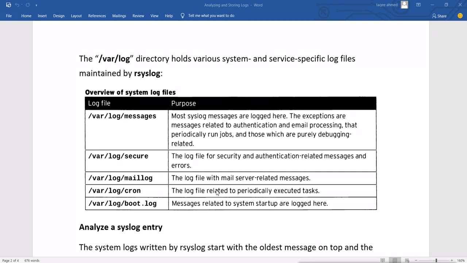That means whenever our system starts, it creates the log file here, and in this log file it stores the events. All the events that happen when we boot the system: what services are started, what services are not started, whether it is giving an error or nothing, what is working, what is not working, everything will be stored here in this boot log. So when our system boots, it will store all the information into this boot log. So these are the important logs we have.